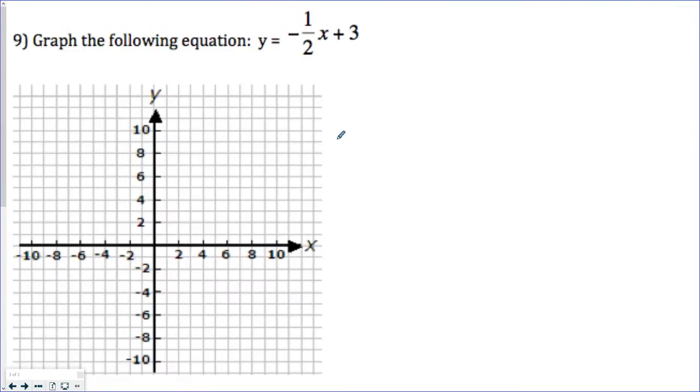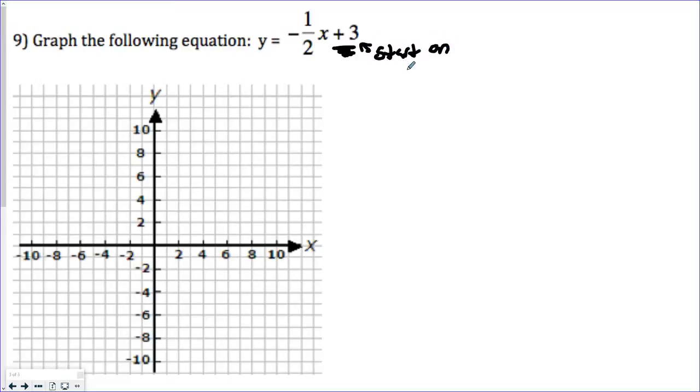And then the last page here, so the next one is going to do what we just did backwards. So it wants to actually graph the equation, it wants to graph the line. So when you're graphing a line, you have to do 2 steps. You have to first graph the b value, and then you get the other points by using the m value. So the b value, the adding part, the number that's being added or subtracted, this 3 right here, tells you where to start